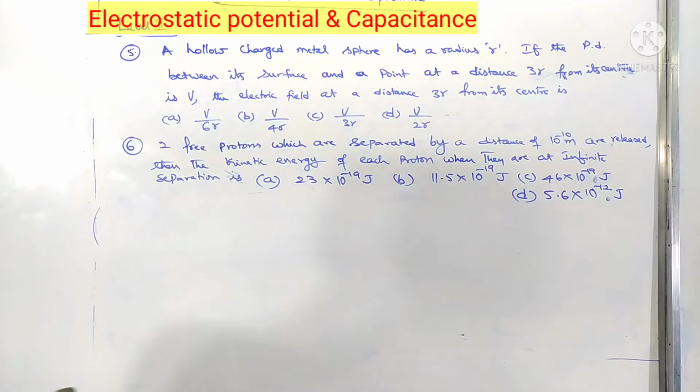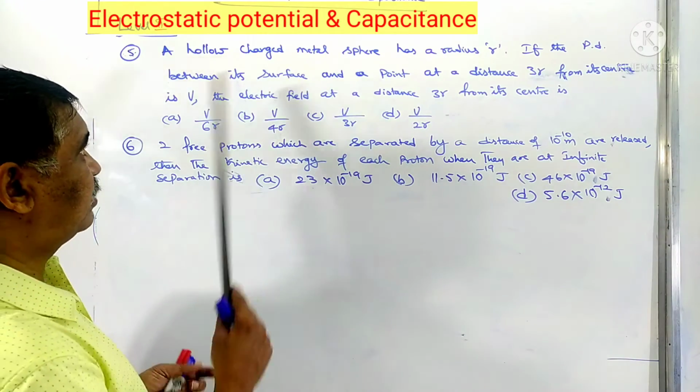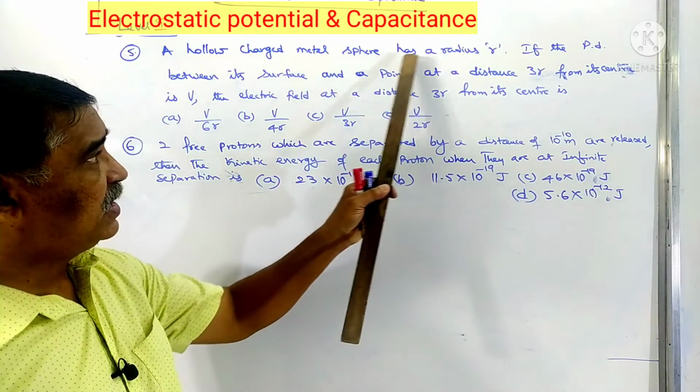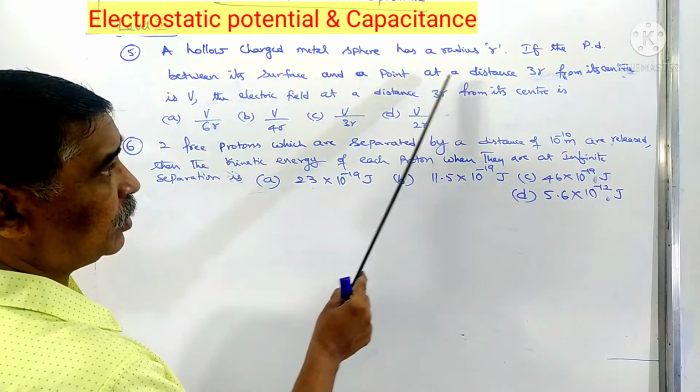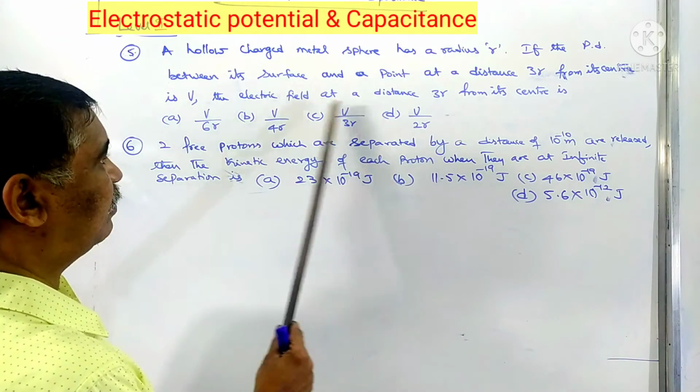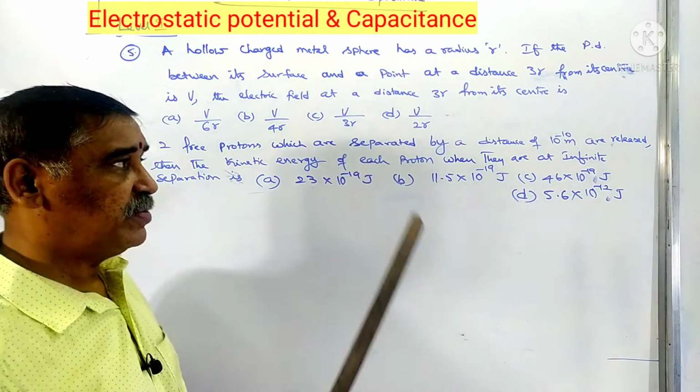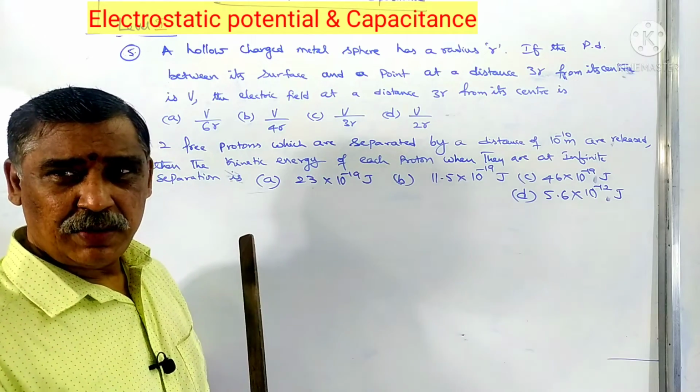Now coming back to the next question: a hollow charged metal sphere has a radius r. If the potential difference between its surface and a point at a distance r from its center is V, find the electric field at a distance r from its center. Normal method if you apply,